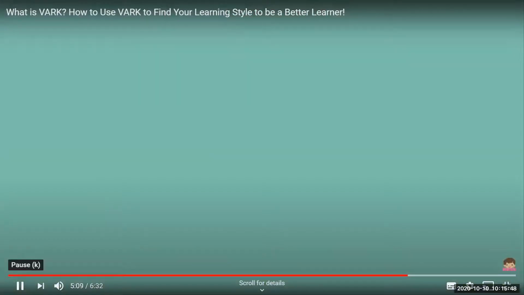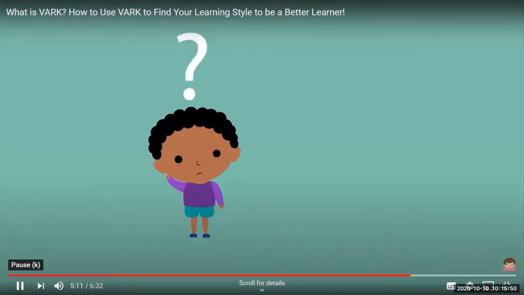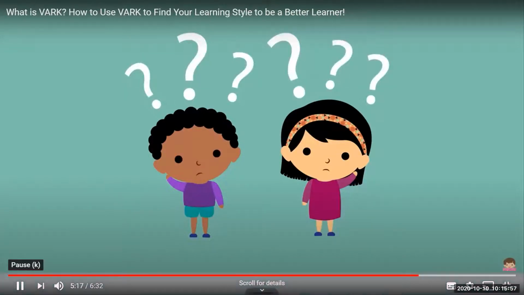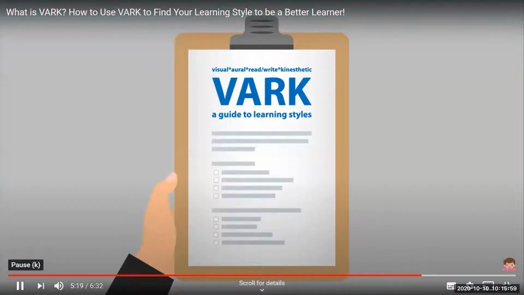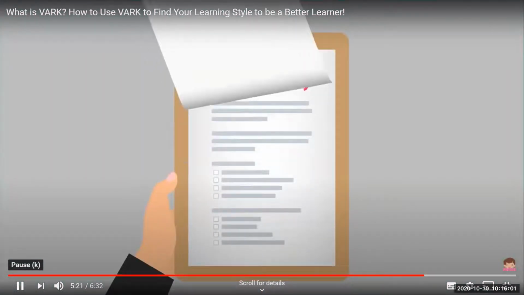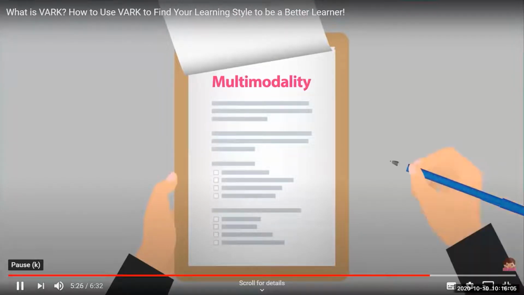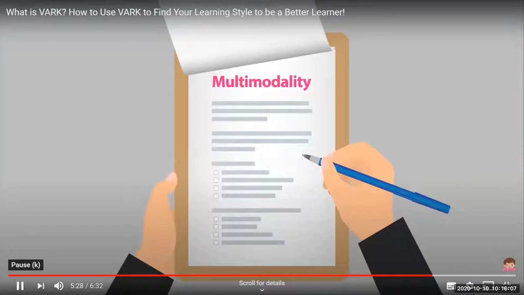Now you might be asking, but what if I'm somewhere in between these learning styles? Or I find that I am a different learning style depending on what I am learning. Where do I fit? The VARK model accounts for this through the use of multimodality. Life is complex, and so are we, and often a given task might be completed most effectively through mixing these styles. In the VARK model, there are two types of multimodalities.